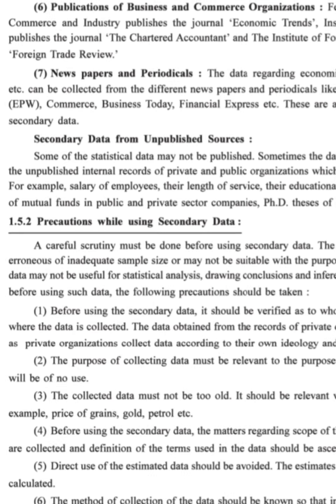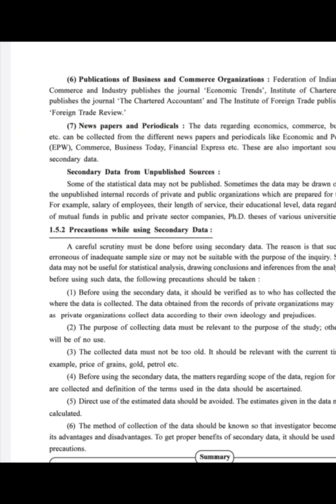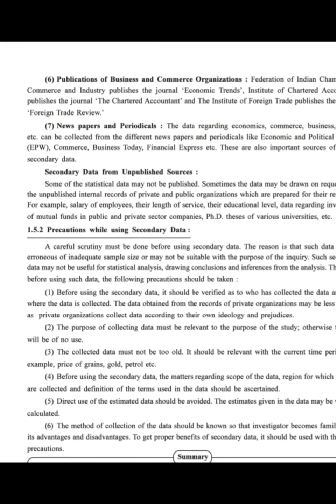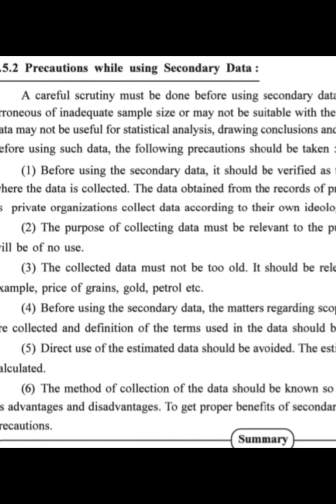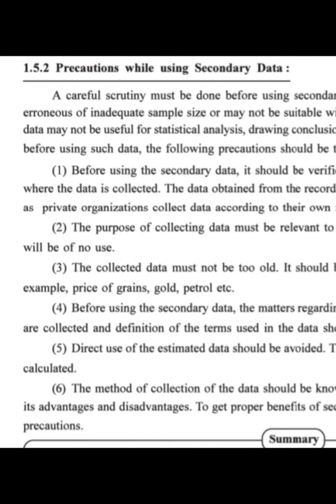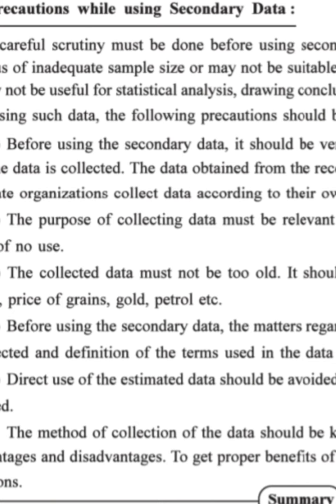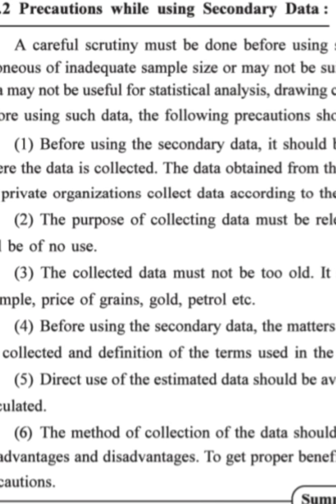So this is what we saw, the sources of secondary data, that is, from the published sources and the unpublished sources. Before using the secondary data, it is very necessary that we take certain precautions. Why is it necessary? Because somebody else has collected the data and we are using it. The investigator is somebody else, and they collected the data for their own purpose. Because we are using their data, it is necessary that we take precautions